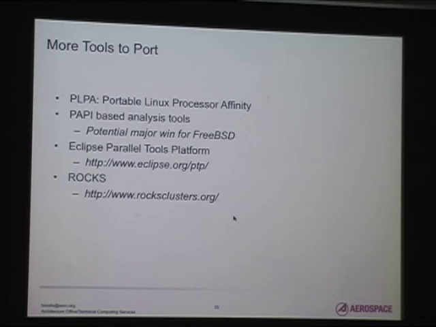Another is PAPI-based analysis tools. I know GNN's been working on some of this stuff, making these available. These are hardware program counter, hardware CPU counter tools, and they allow you to probe different things. It's actually a case where we have a real potential to be a big win for FreeBSD because the original PAPI stuff was developed for Linux over a decade ago, and the high-performance computing community uses it all the time, but it's not in mainline Linux because Linux doesn't like it. So it's actually in FreeBSD by default. So from that perspective, I think that getting more of those tools available and getting them ported would really make